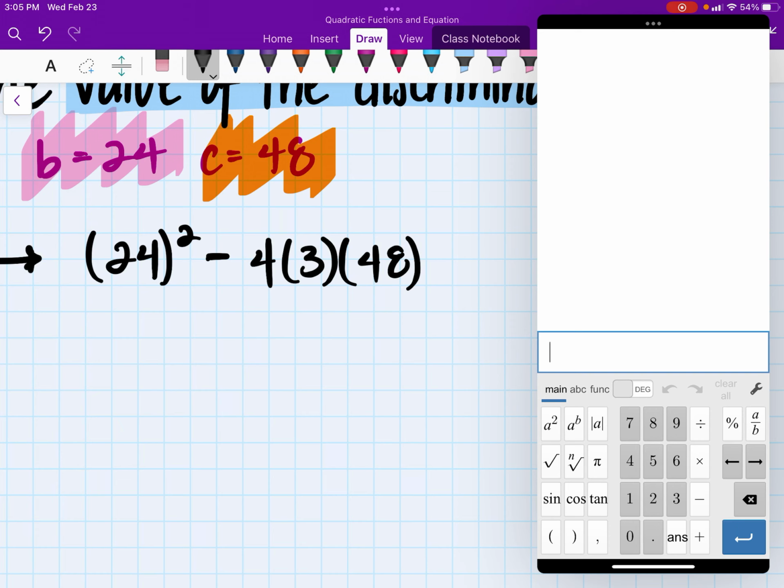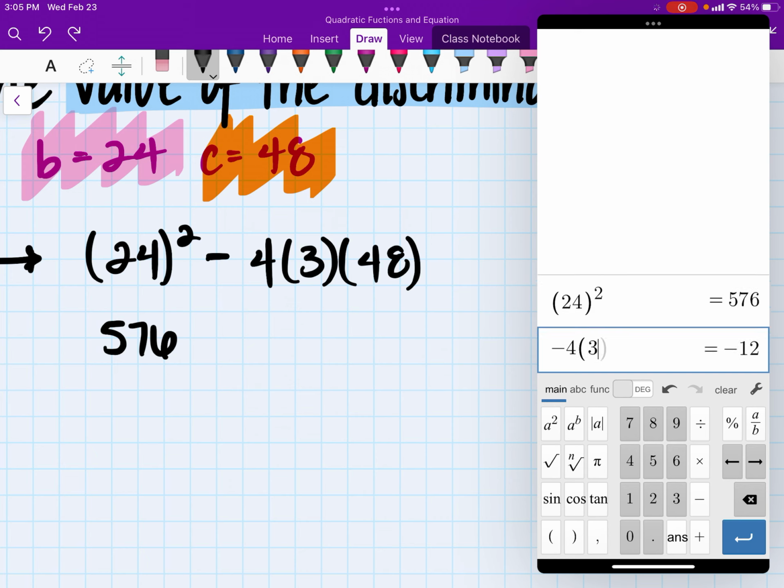And we have 24 squared. In this case, guys, I could put it in parentheses, but whenever it comes to having negative b values, you need to make sure you put that in parentheses. So I'll actually just do that from the beginning. So that would be 576. And then we have a negative 4. Once again, that's negative, so that's why it's a negative. Times a 3 times a 48. And that's going to be negative